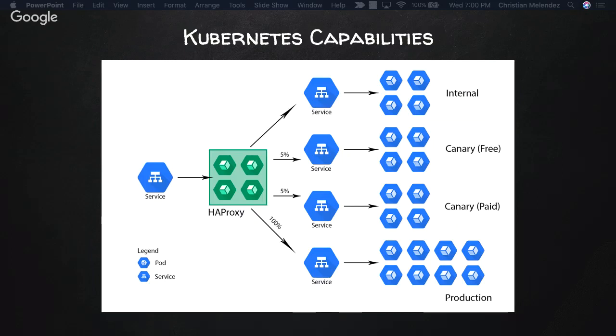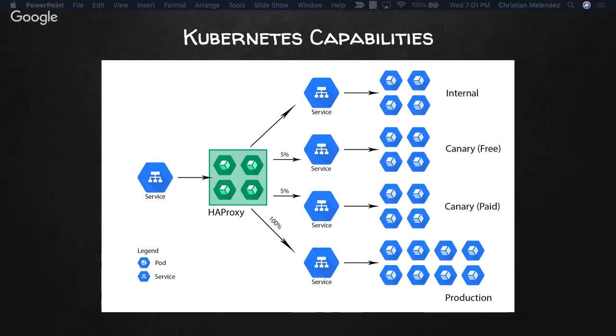Kubernetes does that by allowing you to have an internal set of pods or containers that are running. You can have canary releases, blue-green deployments, and all of those good practices for creating deployments are already built in here. So you don't have to learn how to do that. It is pretty much basically built in, at least this type of things with canary releases and things like that.